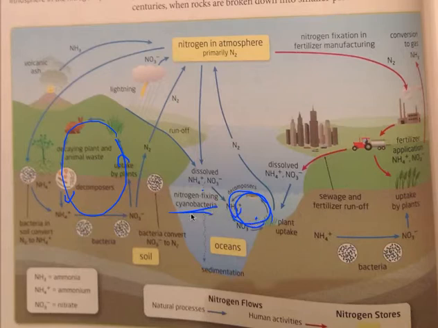Some of the bacteria in the water don't get eaten by the plants. They die and they fall to the bottom of the ocean, or the sea, or the lake, maybe not lake, but yeah, they fall to the bottom. Then we'll get to what happens when they fall to the bottom. Some of this stuff also just makes its way to the bottom. All right, so there's a little terrestrial cycle and an aquatic cycle of nitrogen, and they start with bacteria, and then plants and fish, and plants and animals.